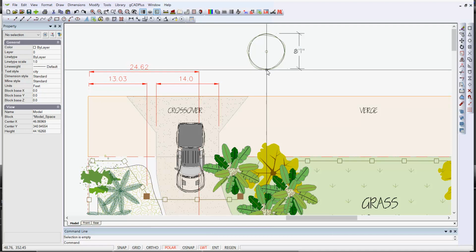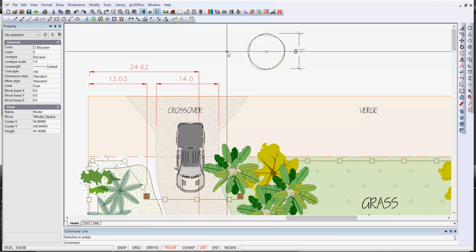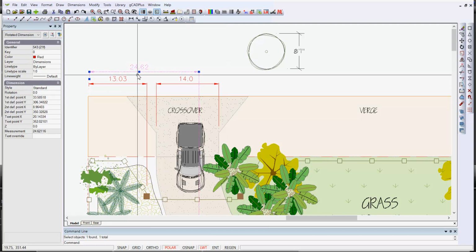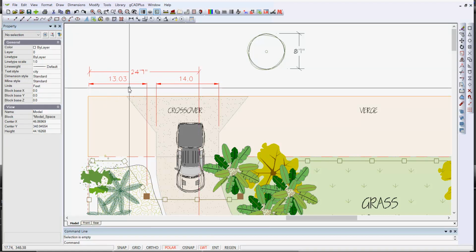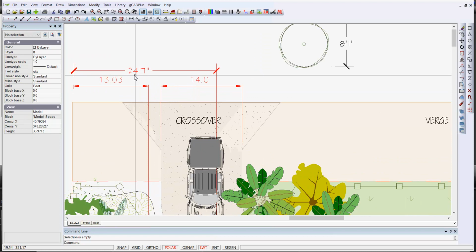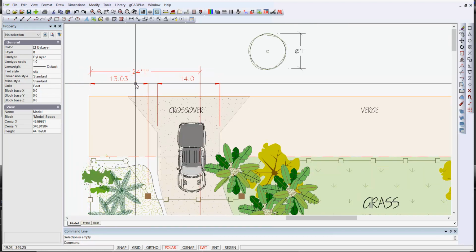Once you just insert that block, and I can now rub it out if I need to, the dimension style comes in when the block is brought into this environment. So we could pick this dimension and change from style standard to style architectural, and now the dimension reads 24 feet 7 inches, and the same